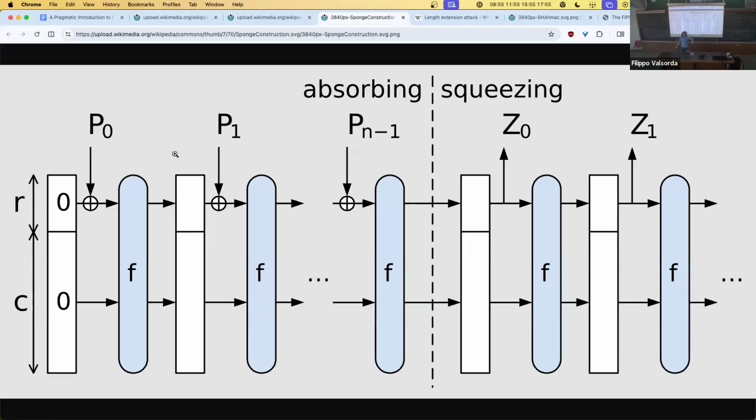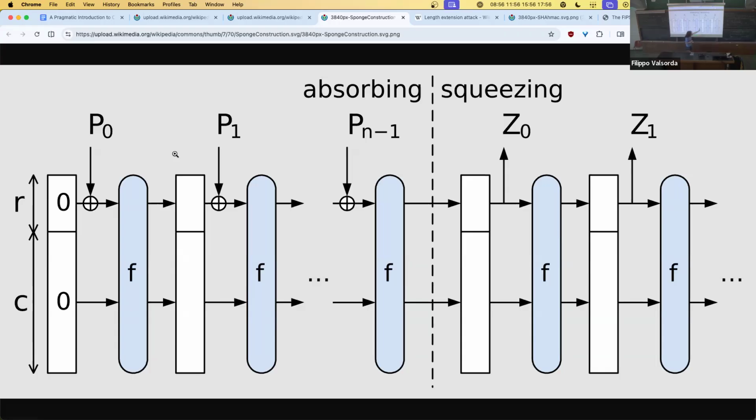Then you again chunk the message up. We are always doing that. You take the message and you split it into P0, P1, P2, at fixed size. And then for each of them, you XOR it with the rate part of the state, and then you run the permutation. So you start with zeros and the first chunk of the message at the top, and then permutation. What the permutation does is that it diffuses all of the bits of that part of the message into all of these bits. Now, all of these bits depend randomly on all of the bits over here. Then you XOR again with the second chunk, and you permute, and you keep doing it.